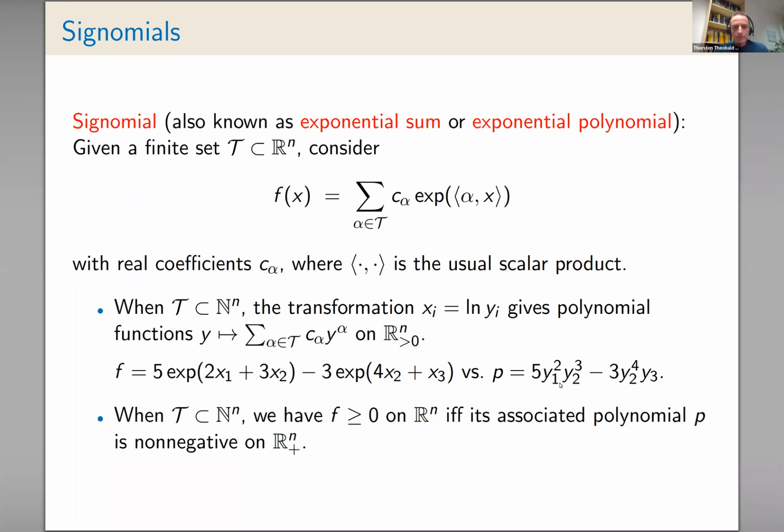Then also, if we have the same situation that we have non-negative integer vectors, we of course have the correspondence that such a signomial is non-negative on R^n if and only if this associated polynomial is non-negative on the positive orthant, or equivalently if it is non-negative on the non-negative orthant. So we have a slight variation, and I would like to discuss optimization of these